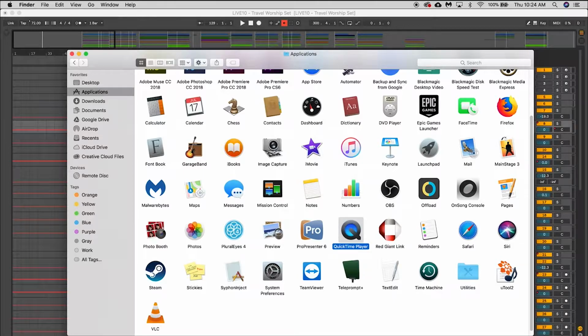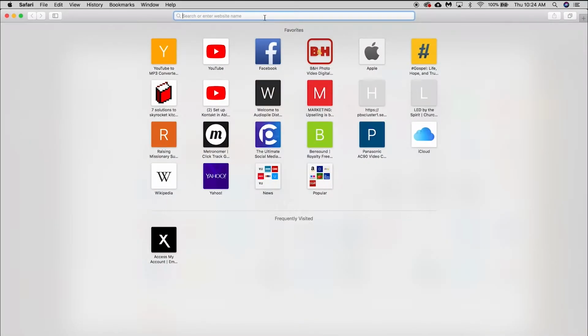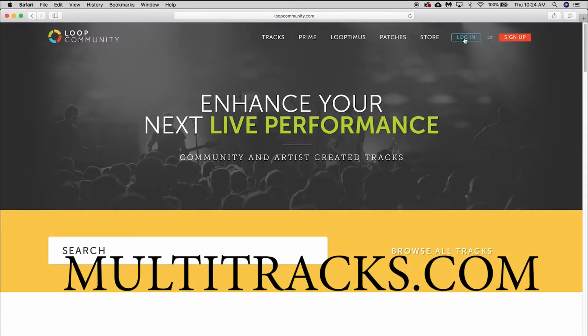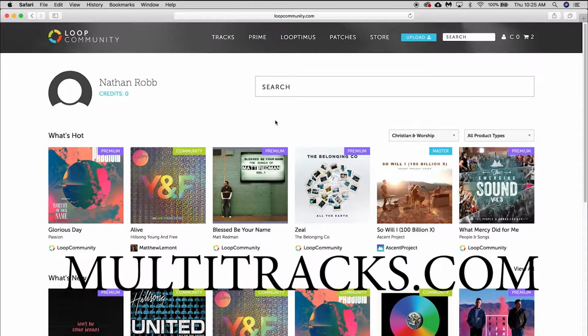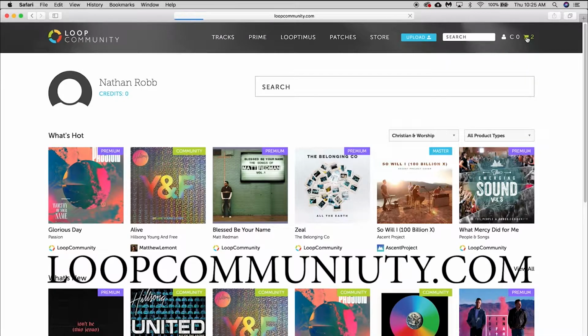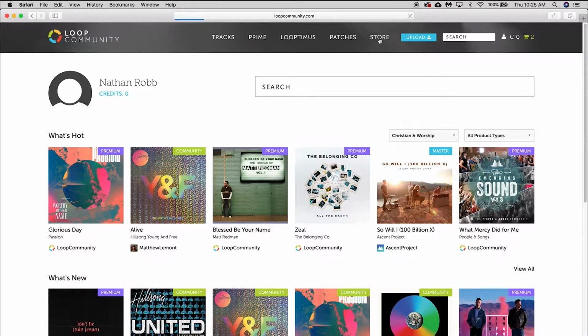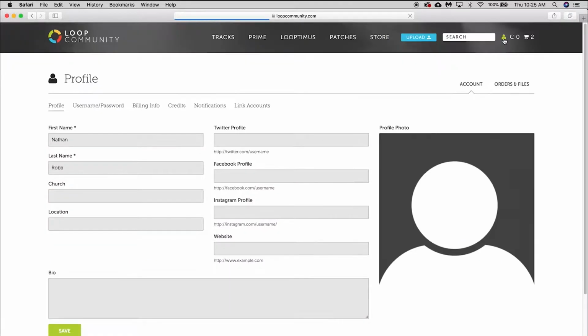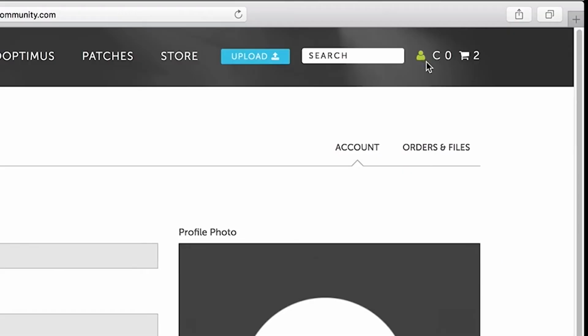There are several different places online you can purchase song multi-tracks from. MultiTracks.com is an option, but today we're going to go to loopcommunity.com. After I purchase a song, I'm going to need to download it so we can use the tracks in Ableton. I'm going to click on my little person icon up here in the top right hand corner, and then I'm going to go to